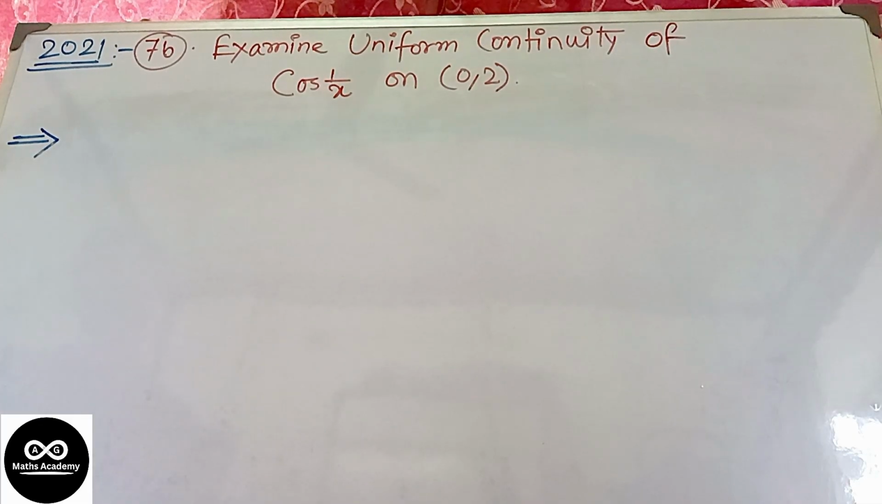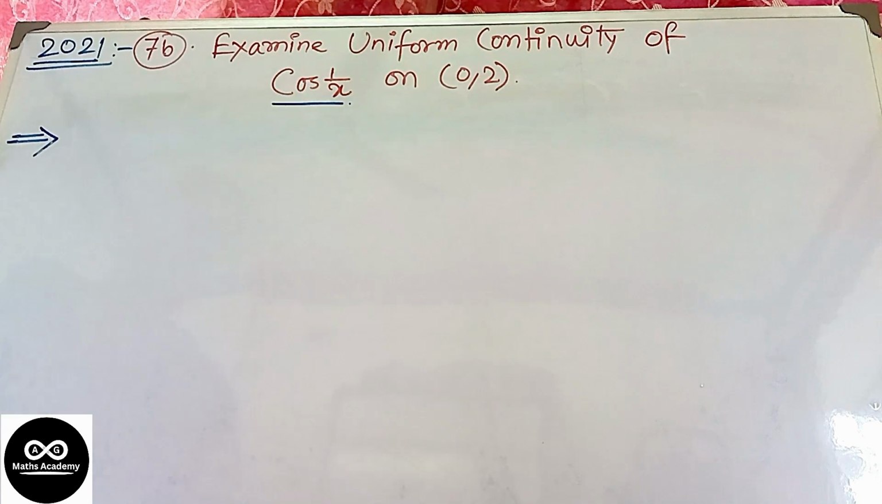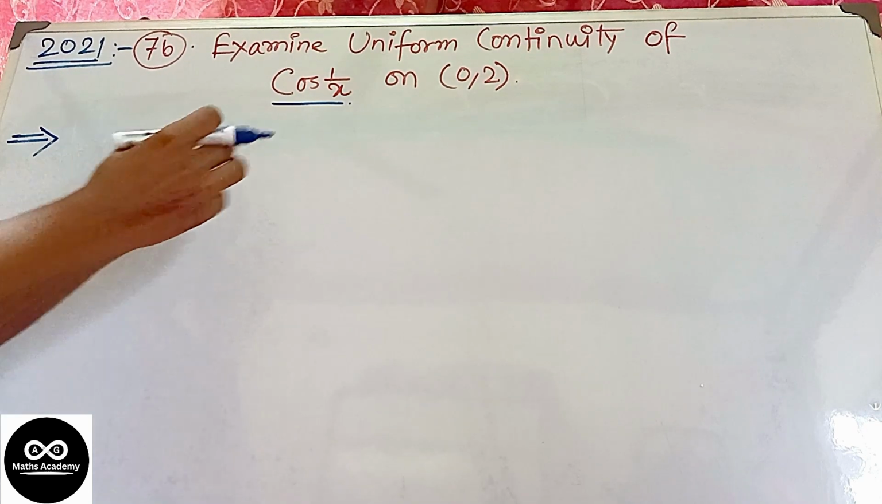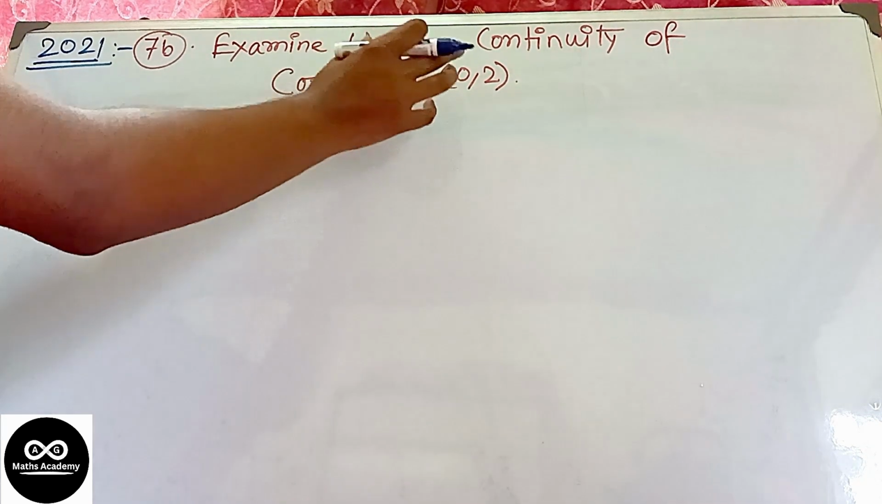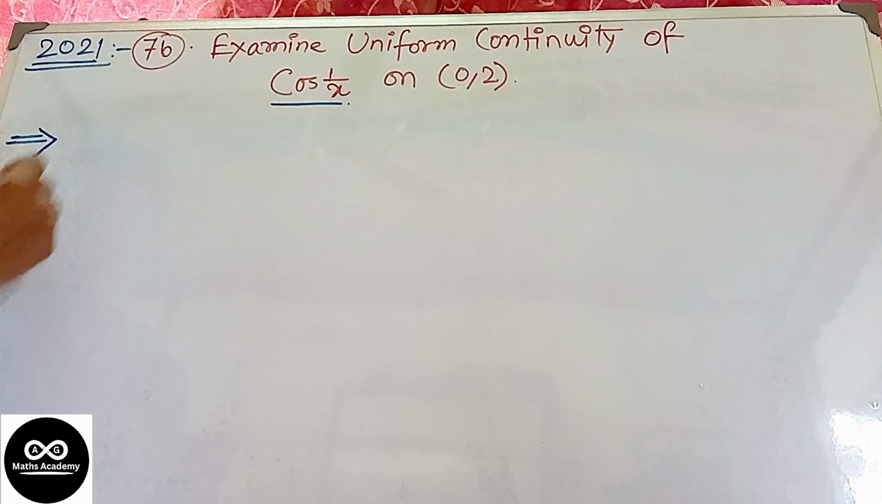Question number 7b. Examine uniform continuity of cos(1/x) on the open interval (0, 2). Okay. So we need to prove whether cos(1/x) is uniformly continuous on (0, 2) or not. We're going to solve this problem in two different ways. So for the first approach,